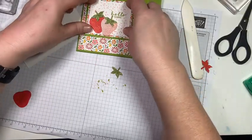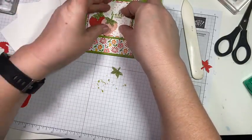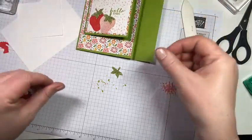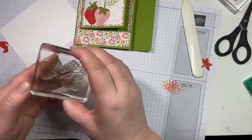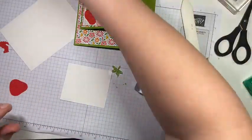Cute. All right. Oh, see, you gotta hold it. I got glue on my fingers, so it's sticking to my fingers more than it is to the paper. All right. So the inside of the card, I decided that I would just take this really pretty blossom with,